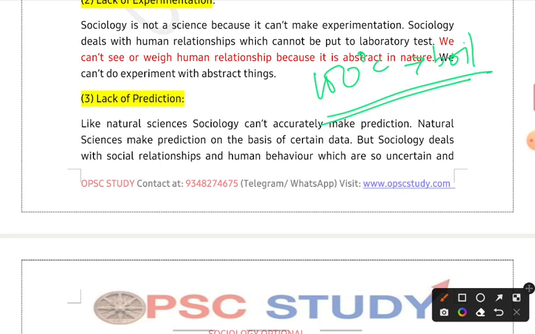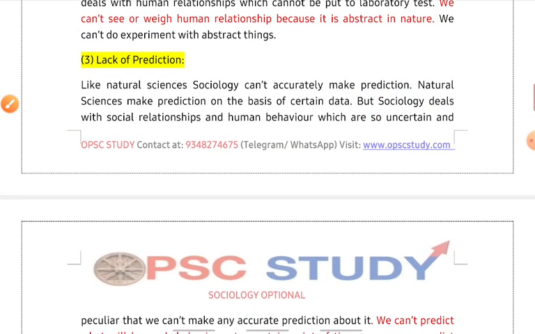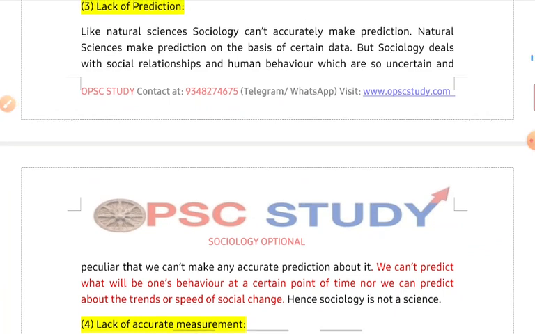Like today, if I'm getting up at 6 o'clock, it's not necessary that tomorrow also I'll be getting up at 6 o'clock. If today the organization of the family is joint, it's not necessary that tomorrow or after 10 years the family will again have a conception of jointness. So they will change, right? With the period of time and with the institutions involved in and around it. So it lacks experiment. You are not trying to experiment. You can't weigh human relations because they are abstract in nature, right? So I guess you can understand that.